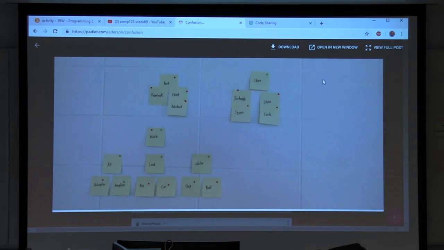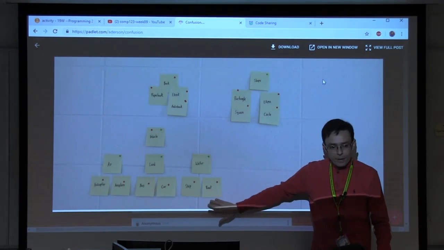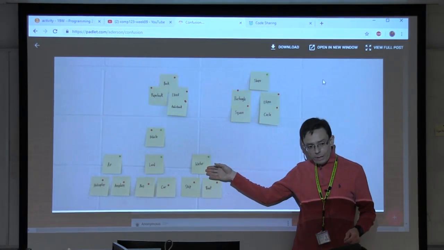Maybe there's a type of water vehicle. I don't know. Does it run on... It could be. I'm not into sailing, but is it a boat that runs on wind, or is there an engine? So the point that I'm trying to make is that there are properties that only water vehicles will have, and those properties can be defined here in the water class.